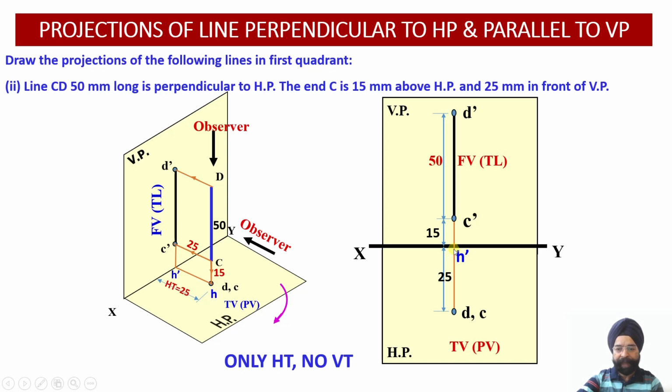So I draw the perpendicular from H dash onto my plan view. The point which I obtain will be called H. It is this point H. So this point H I have obtained here. And this distance is my horizontal trace. So my horizontal trace will be equal to 25 millimeter. So this is how we draw the projections of a line which are perpendicular to HP and parallel